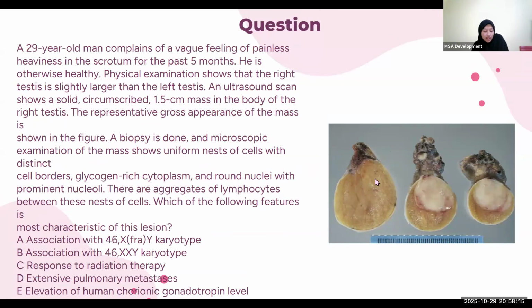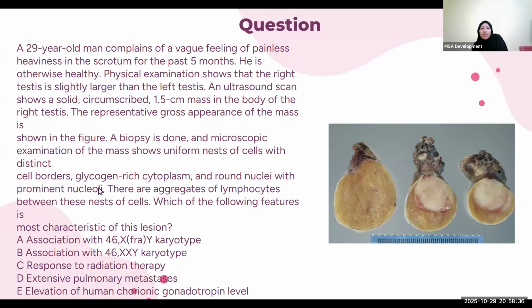It looks well circumscribed, right? And yellow. A biopsy is done, which you shouldn't really do, but that's an important point. Do not biopsy if you suspect tumor. It shows uniformness of cells with distinct cell borders,